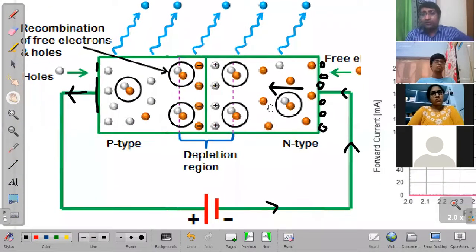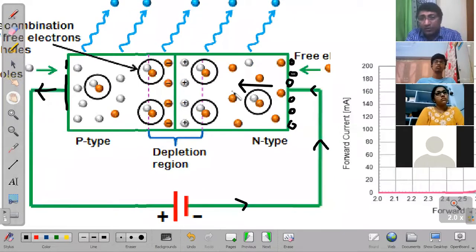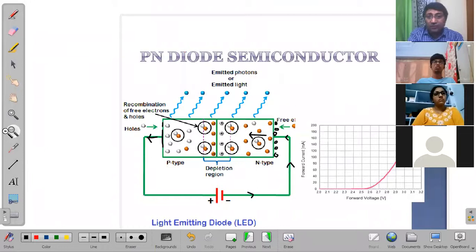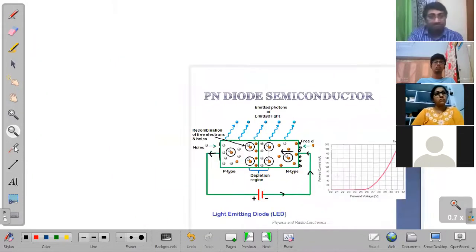But when you continue, when you push more energy, that means if you add more batteries, 2 batteries, 3 batteries, and so on, more and more energy will be there. Electrons will be further pushed. Whatever electrons you have, they'll be moving much faster, and this depletion region effect will decrease. During this time, more electrons will start to flow, and that's where you'll see a better graph, and that graph you're observing over here.